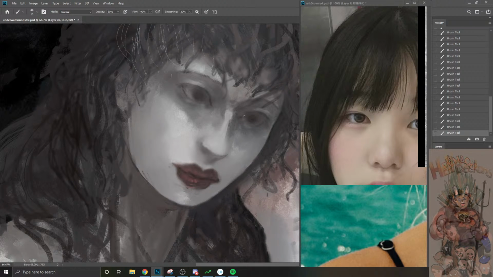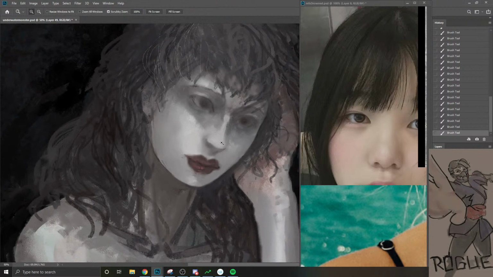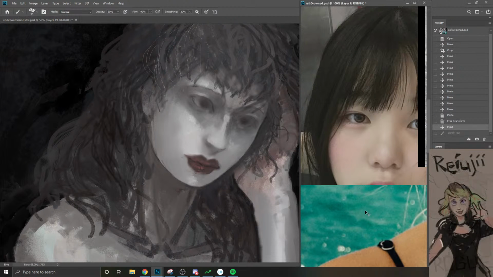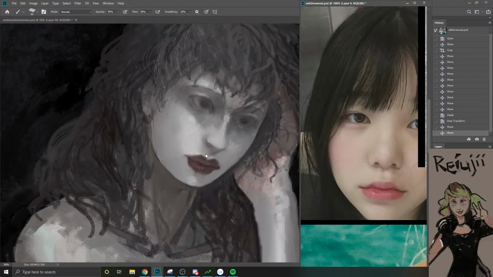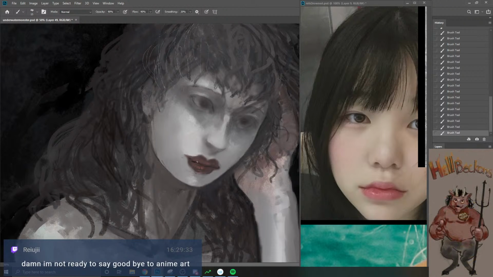Gotta make her cuter. I think thinner lips would be a good start. Thinner top lips. And I'm not a good lips person. I always draw them like...